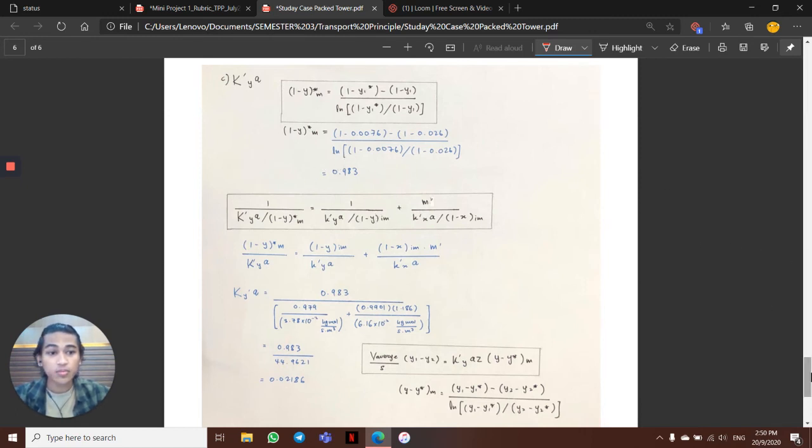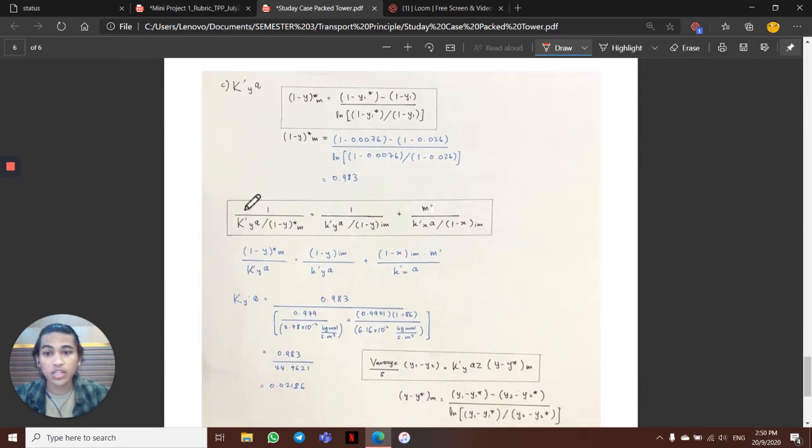So this is the actual formula. I will mark this as the actual formula to find the k prime ya, because this is the k prime ya, and in order to find the value of